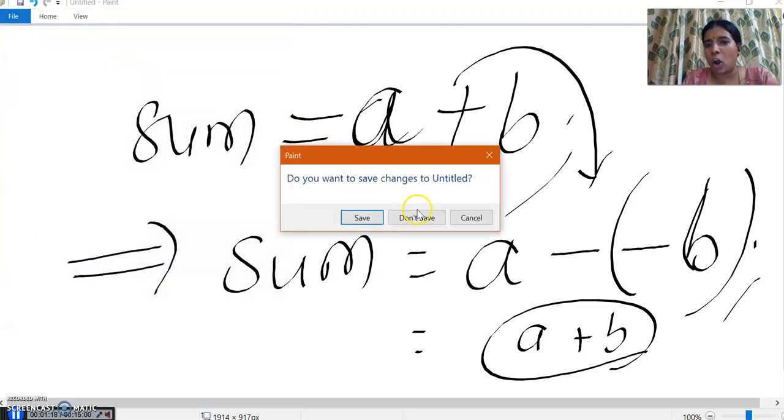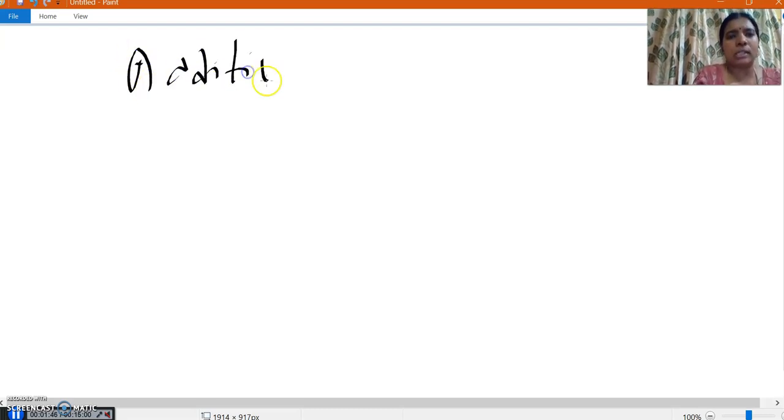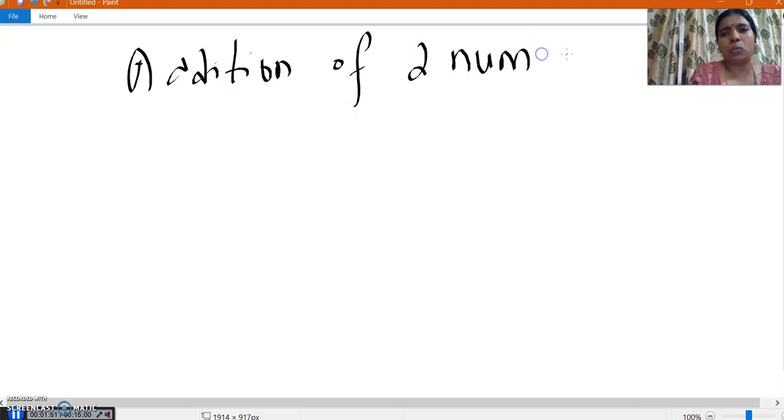No, not at all. We are asked not to use any arithmetic operator. So, how will we proceed to add two numbers when we are asked not to use plus or minus? An arithmetic operator's basic job is to perform addition, subtraction, multiplication and division. But now that we are asked not to add two numbers using plus or arithmetic operators, what are all the possible ways? So here we are trying to discuss the addition of two integers,